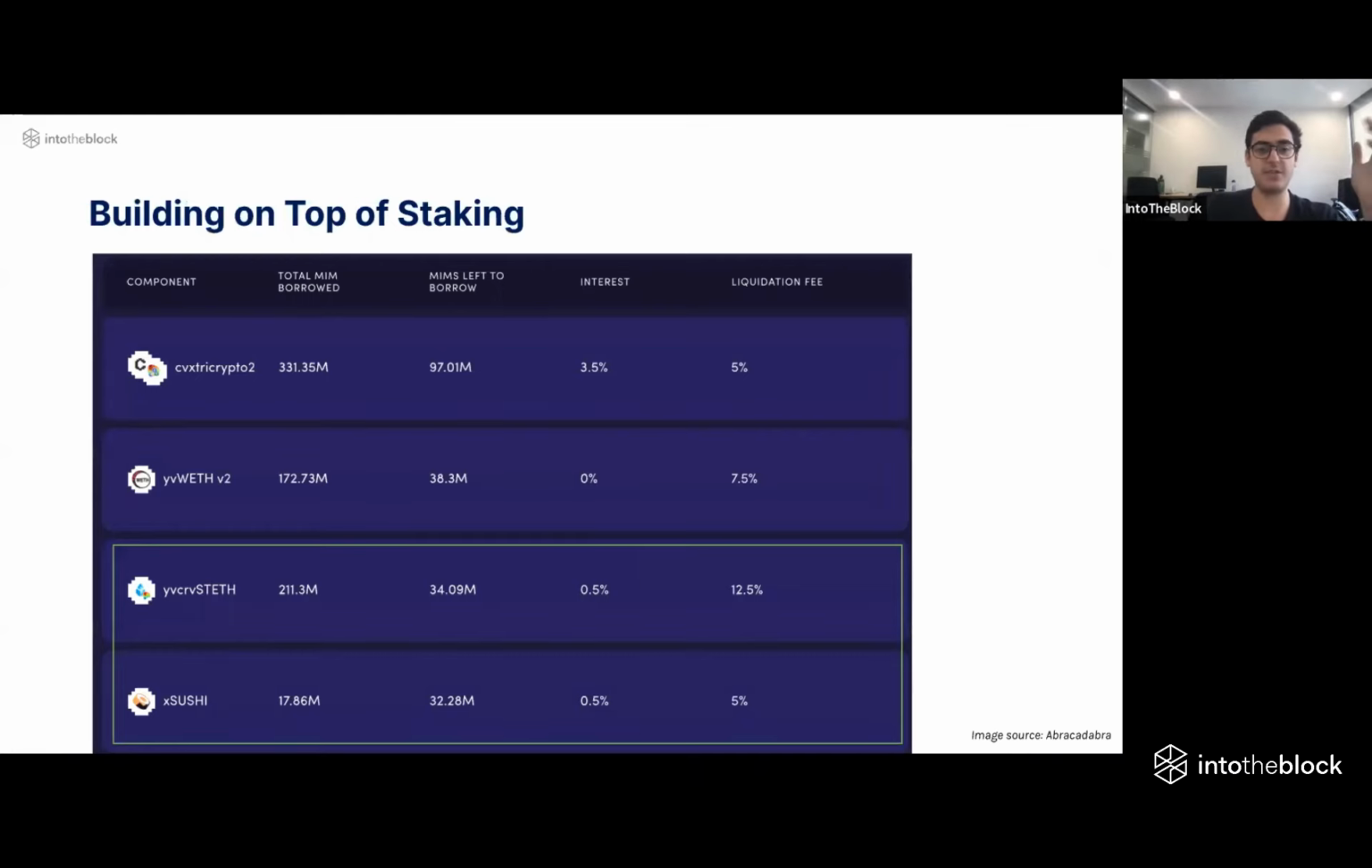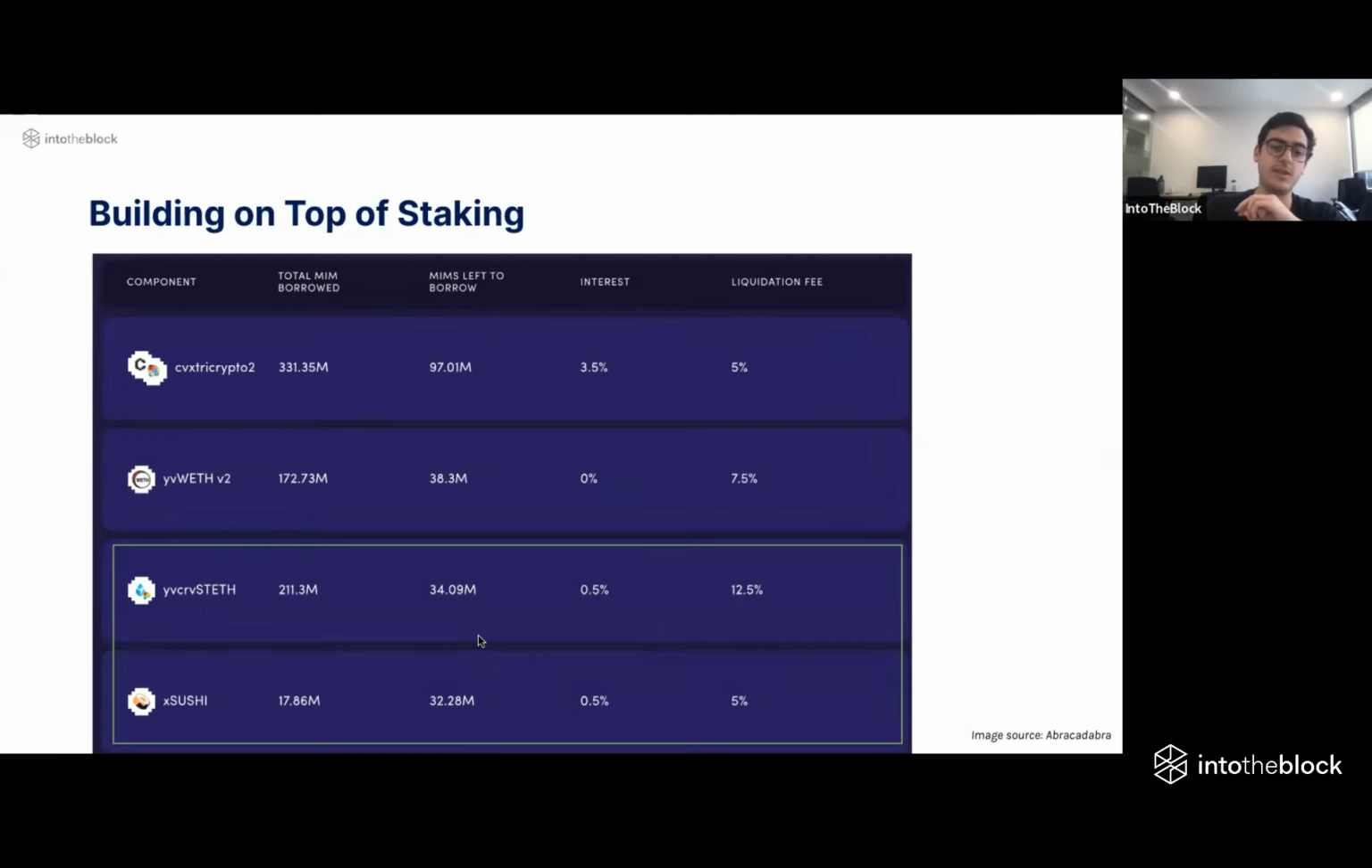Another thing that we're seeing in the application layer is building on top of staking. So one of the main protocols pushing this forward is Abracadabra, the protocol behind the stablecoin MIM, Magic Internet Money. And what they are doing is that it's a lending protocol, somewhat similar to MakerDAO, but you're able to deposit staking tokens